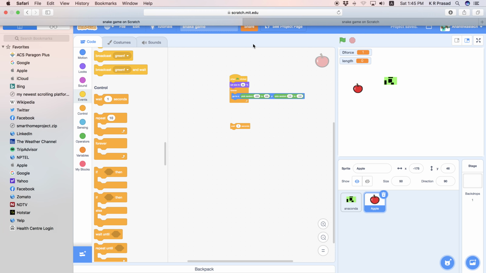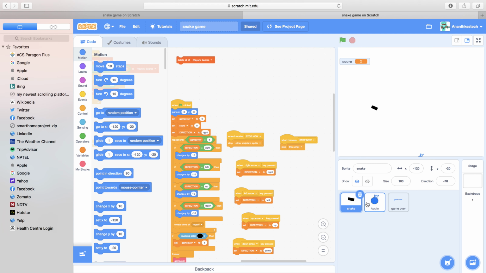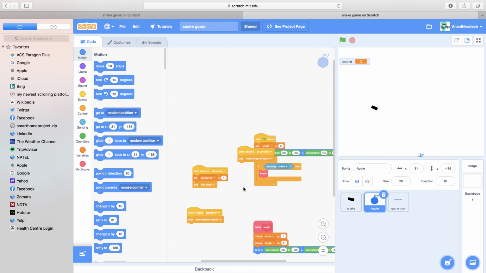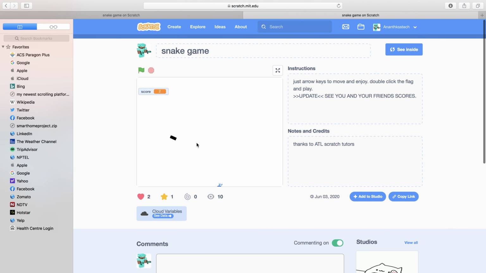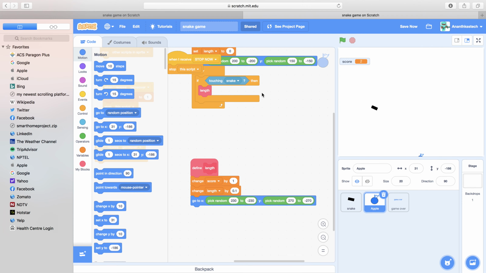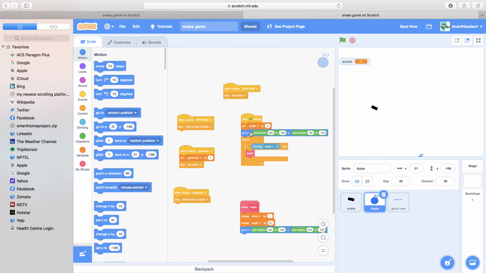So let us go to this full snake game and I will show you. This is how much code it takes. This is our apple sprite here. You will see this is made by me only, Anand KSS Tech, my project. Now we could see the apple. So when flag clicked, go to X, go to pick random. Yeah, you see that, right? So forever, if touching snake, then length. So this is the length custom block.